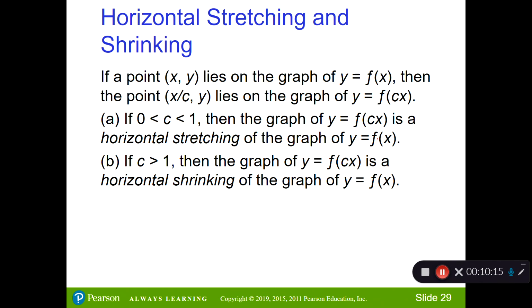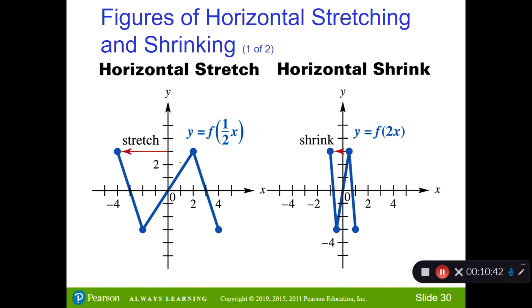If I multiply where the x is inside the function, that's a horizontal stretch or compression. It's going to be a stretch if I'm less than 1 and a compression if I'm bigger than 1. These are sometimes hard to see on a lot of our algebraic functions. If you've already taken trig or if you take trig next semester, it's easier to see the horizontal stretches and compressions with those trigonometric functions. But here, a half times the x stretches me horizontally, and 2 times shrinks me horizontally as compared to the